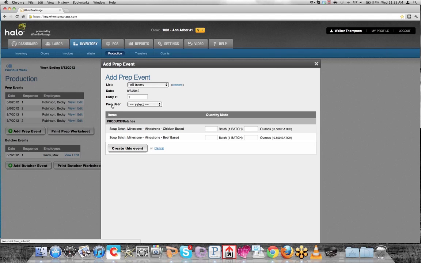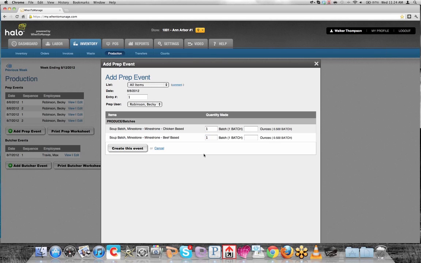The batch recipe was naturally created on the back end, just like all your recipes are, connected naturally to the point of sale. We'll talk a little bit more about that later. But here, we're asking Becky Robinson to create one batch of soup. Now, when we create this batch, just like I mentioned with the recipe management system, we're actually notifying the system that in this soup,